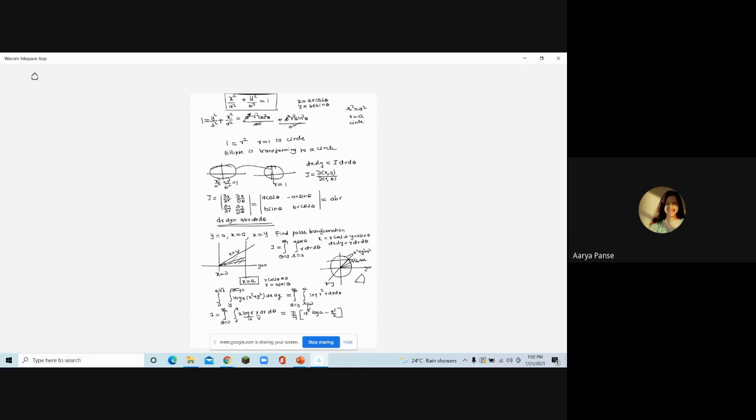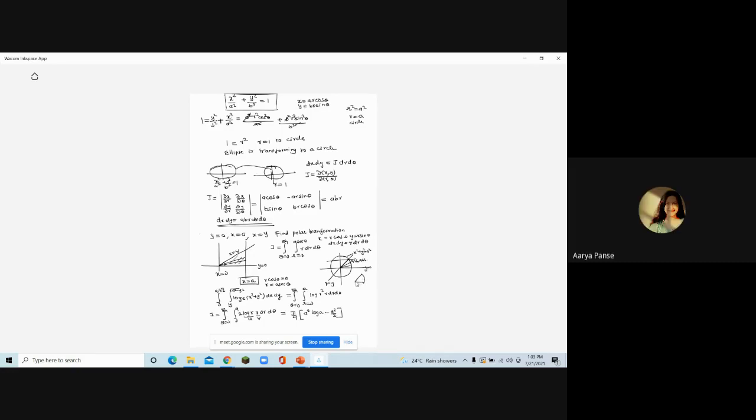Ma'am, actually, I lost my connection for 2 minutes. Could you tell how we got the limits 0 to a? Yeah. See, the area that we have to find is this sector, which is bounded by the y is equal to x line, the y is equal to 0 line, the curved part of your circle, and y is equal to a by root 2. That means this sector which is there, like this part.